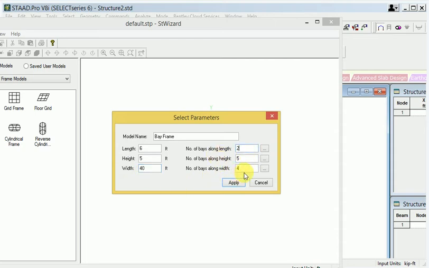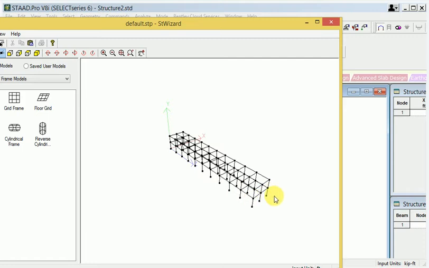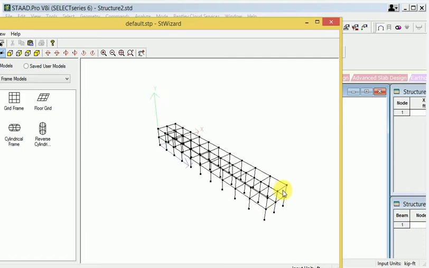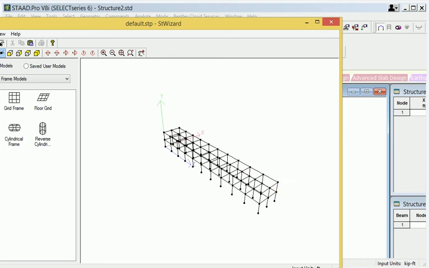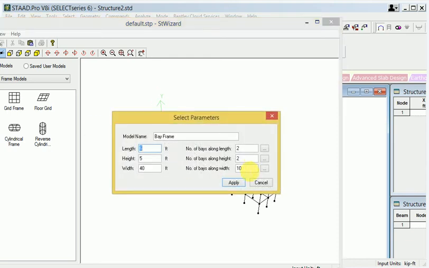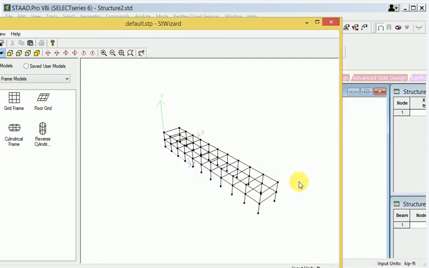Let's do here between 2 and the distance is 10. Now see this member has been created. If I change it, then definitely it changes. Once I get apply, see this is the member here, then okay.